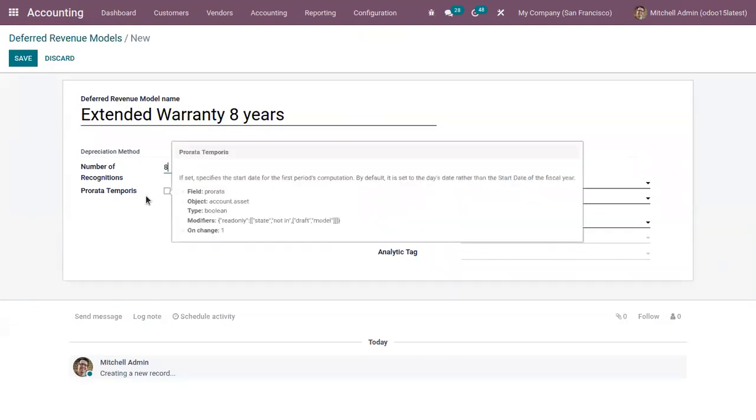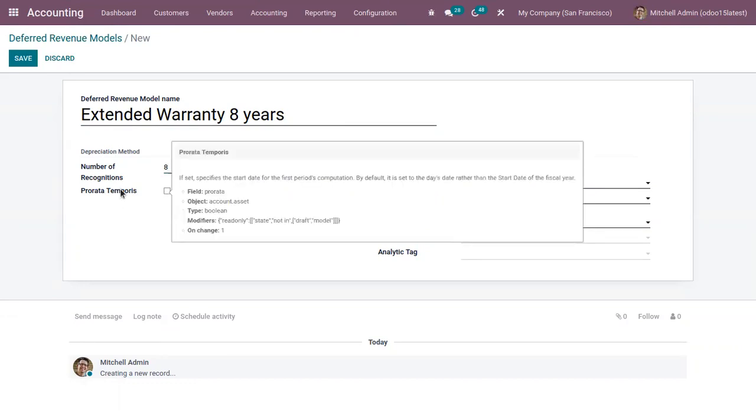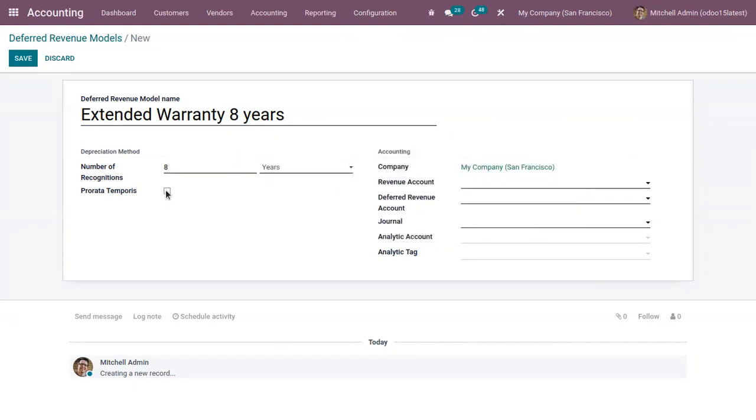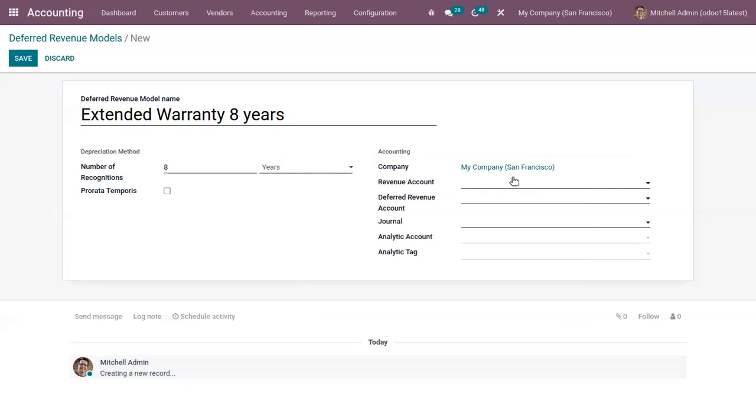Then if you want to recognize your revenue as accurately as possible, you can enable this checkbox, that is pro rata temporis. With this feature, the first entry on the revenue board is computed based on the time left between the pro rata date and the first recognition date rather than the start date of the fiscal year. Now here we can choose a revenue account, that is the account used to recognize revenue.